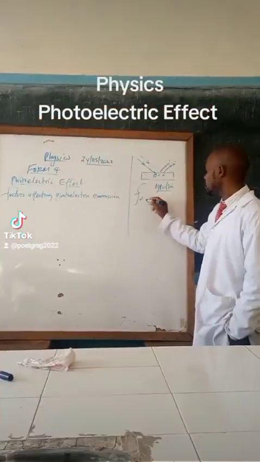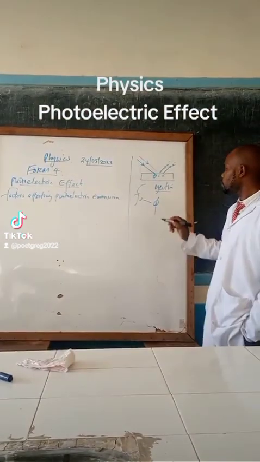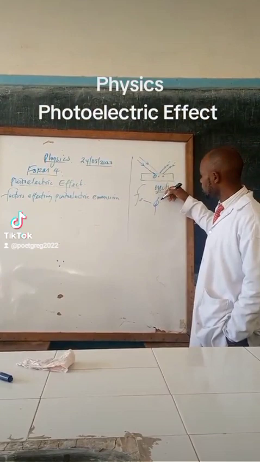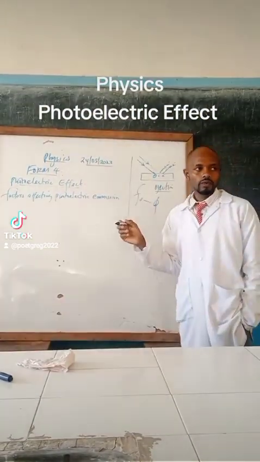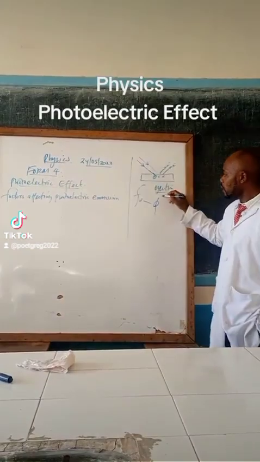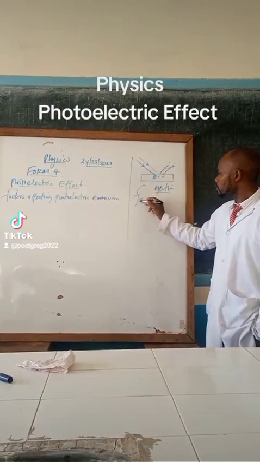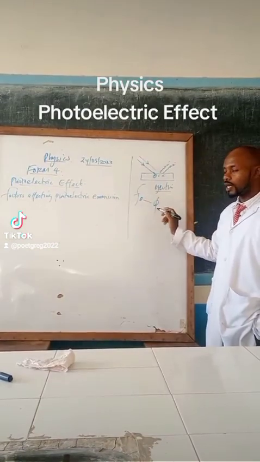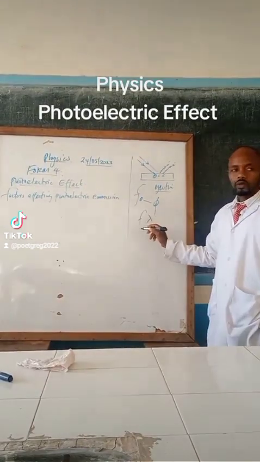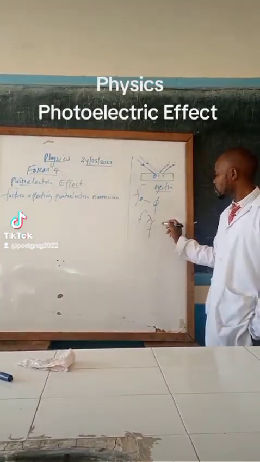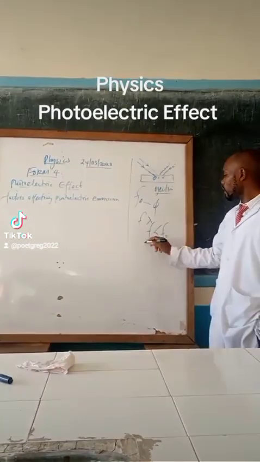We say that work function is directly proportional to the threshold frequency. But now you have to understand that when we are talking about work function, we are talking about the work that must be done for the photoelectric emission to occur. And this one can only qualify when the threshold frequency is met, because we know that light has its own frequency and a wavelength. So if the frequency of light is less than the threshold frequency, then in this scenario